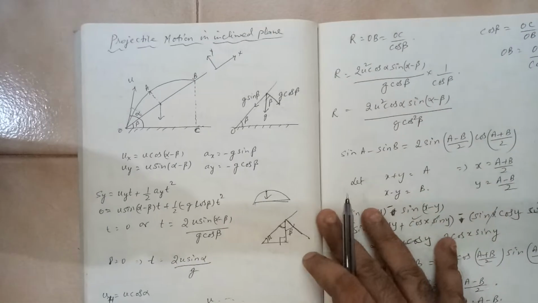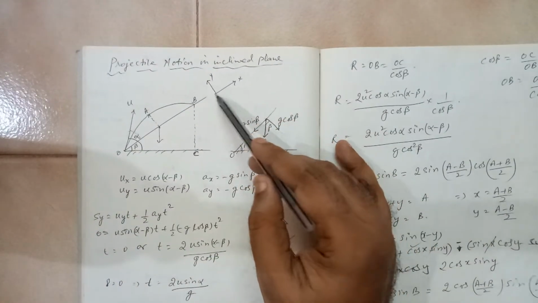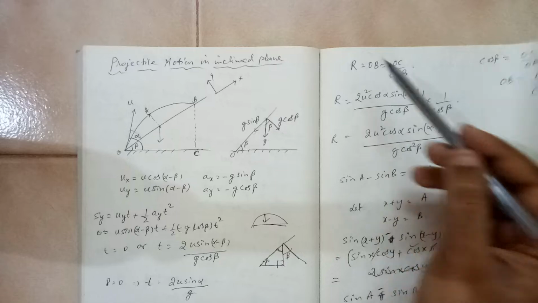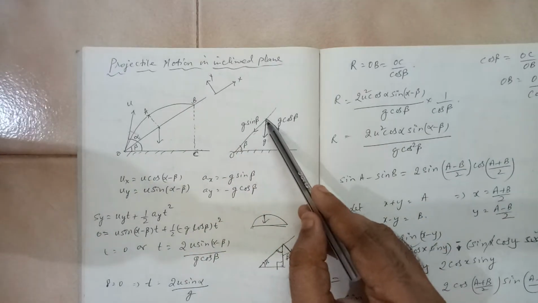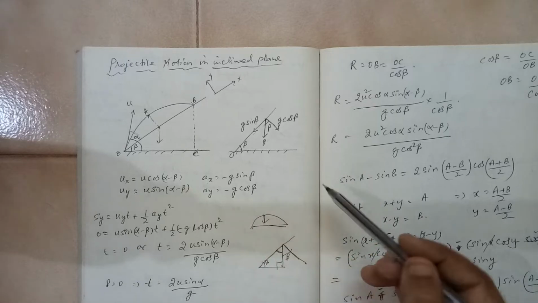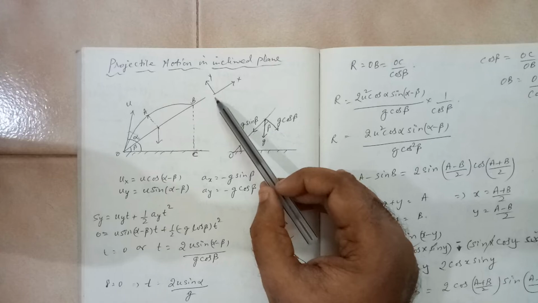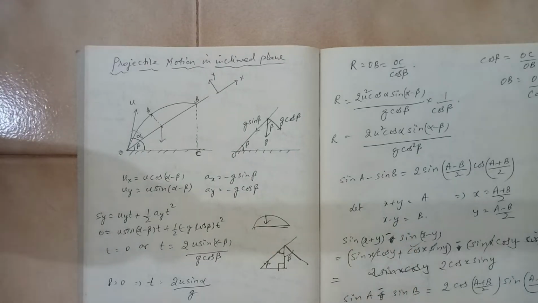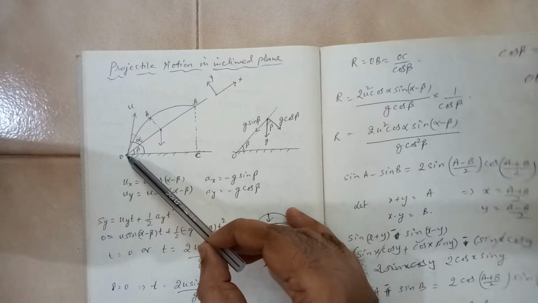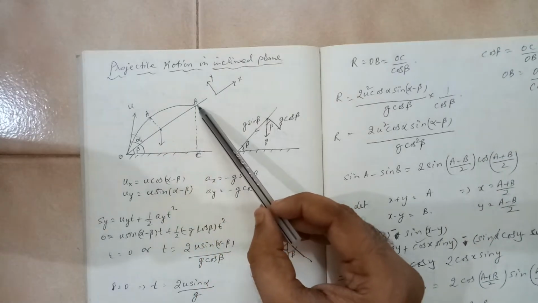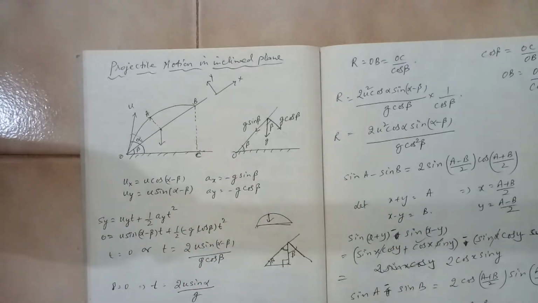And if you follow this sign convention, x is positive in the upward direction, your ax will be minus, because g sin beta is acting downward. Similarly, ay also will be minus because you are considering upward to be positive. You can see here that when you have thrown, this object has fallen here. So in the y direction there is no displacement, in the x direction there is displacement.